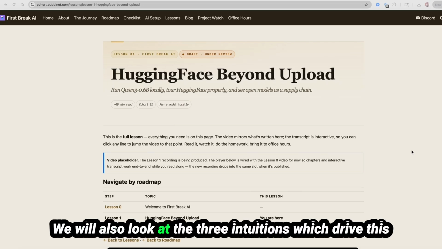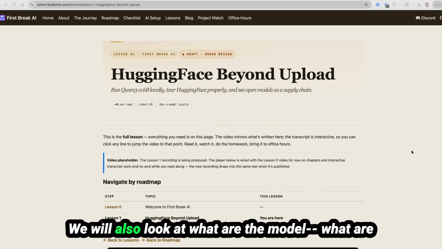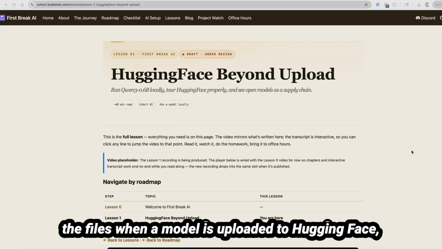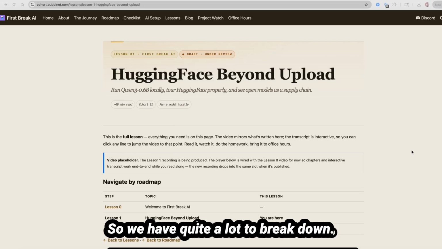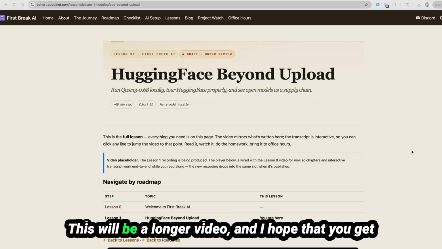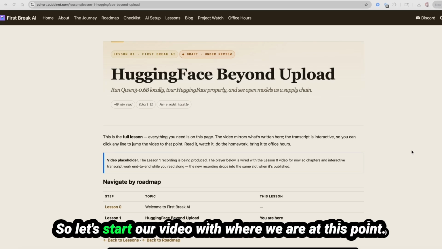We will also look at the 3 intuitions which drive this cohort, which are very important right at the start. We will also look at what files there are when a model is uploaded to Hugging Face, the various files that are there. So we have quite a lot to break down. This will be a longer video, and I hope that you get to enjoy, learn, and build along this journey. So let's start our video